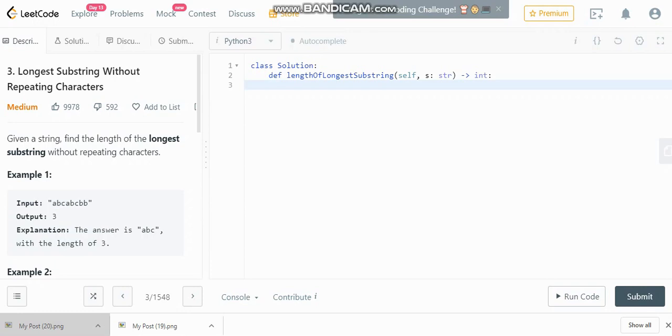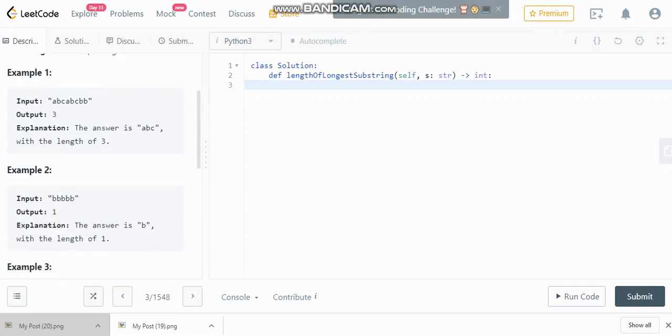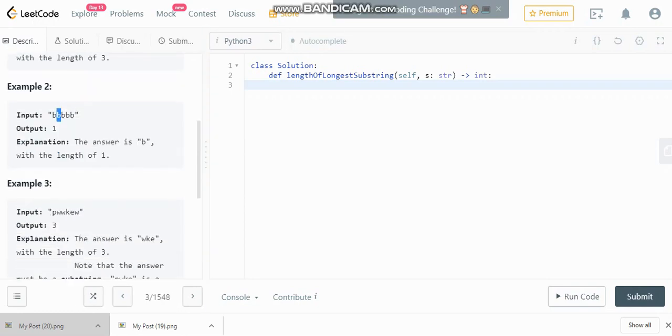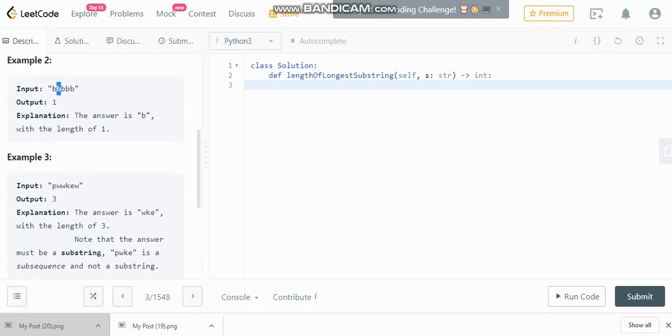Now let's look at another example, BBBBB. The longest substring here without repetition will be B, and all of them are of length 1. And the next example is input PWWKEW.